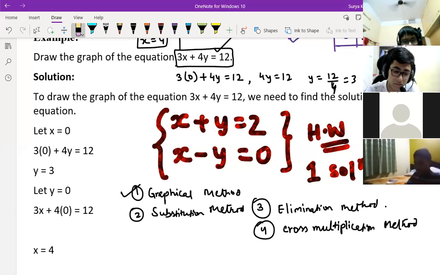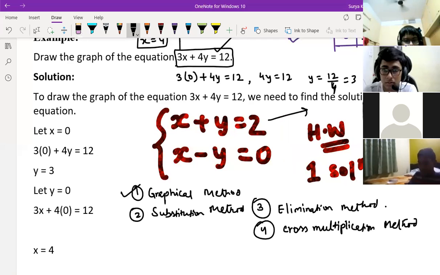No, sir, not this I'm telling. In the graphical method, sir. Graphical method you can do. You should do this separately. And you are saying that x is equal to 0 and y is 2, right? Yes, sir. Then we will represent it in the graph, like we need to draw parallel lines, sir. Parallel lines, yes, sir, that part I did not understand, sir. Which part you didn't understand?